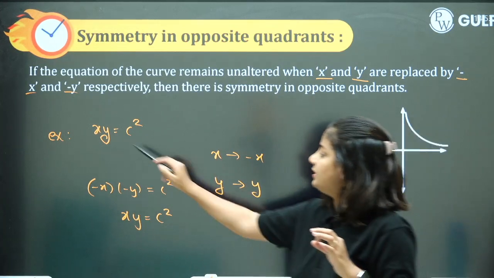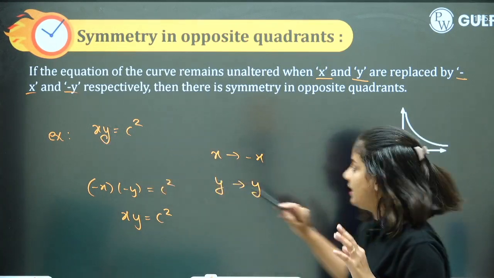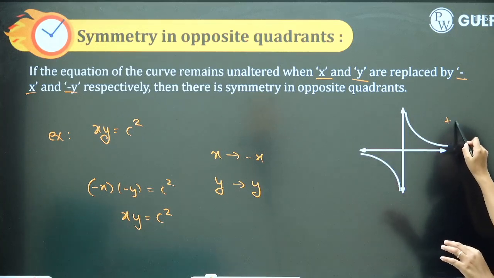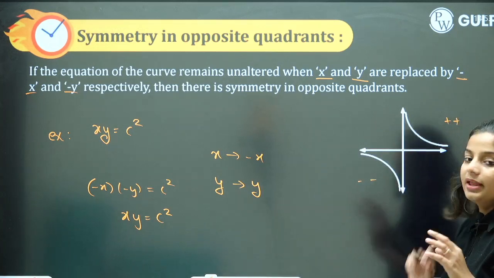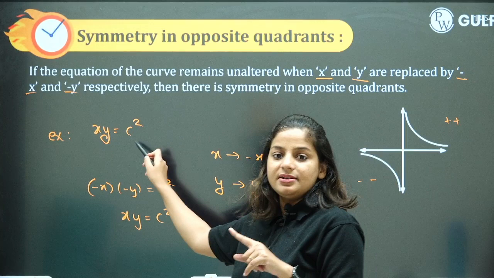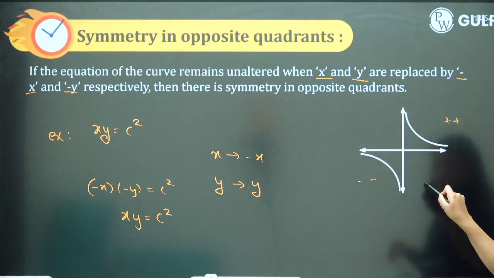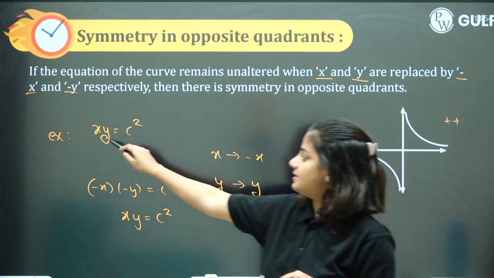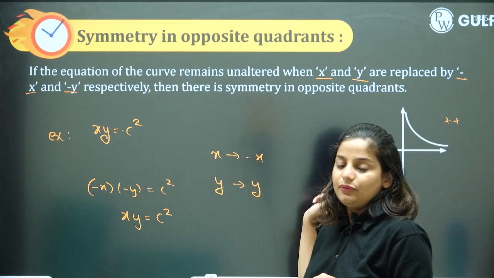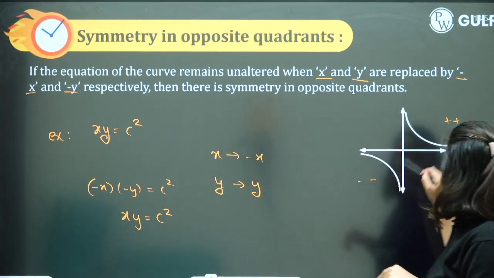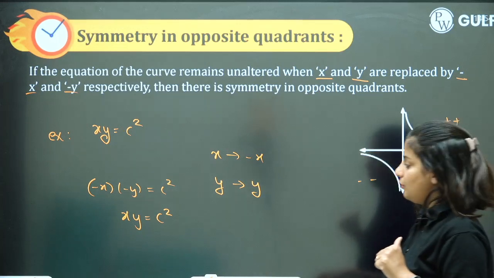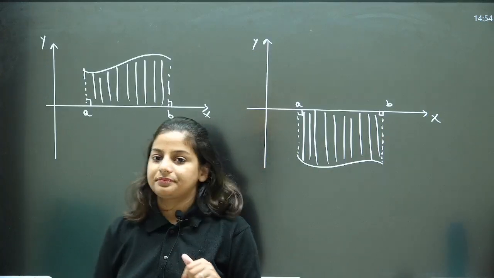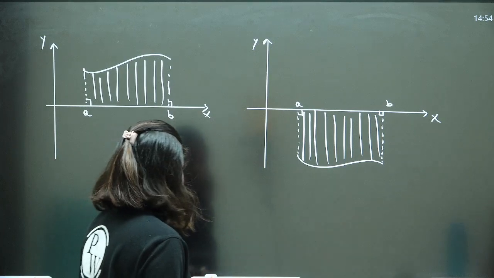Okay? Both x and y positive or both negative. Both positive, first quadrant; both negative, third quadrant. If one is positive, other is negative, then it will be either second or fourth. Like this. If there is a minus sign, minus c square, then it will be either second or fourth quadrant. Right now it's first and third quadrant. Okay. Before coming to this,